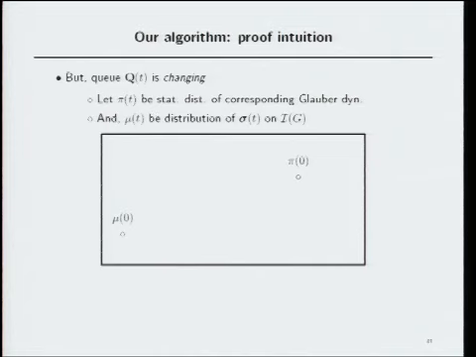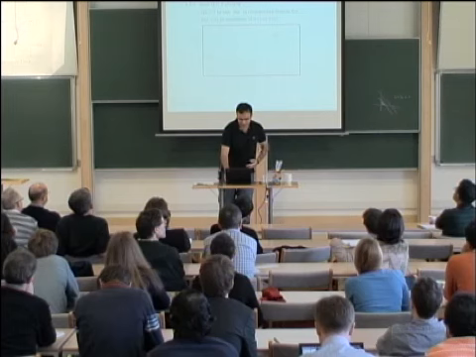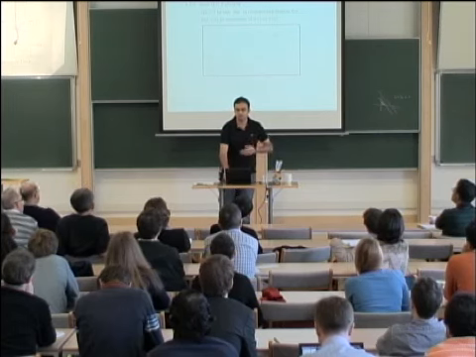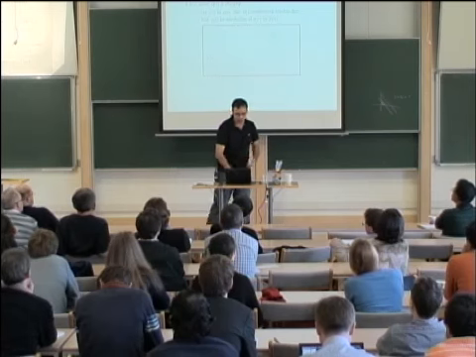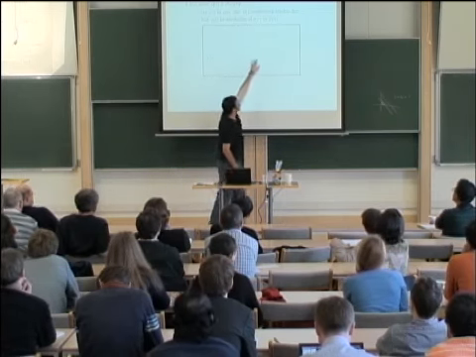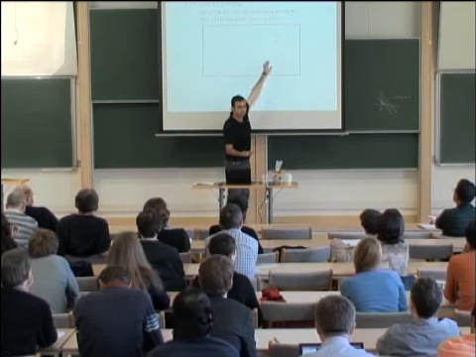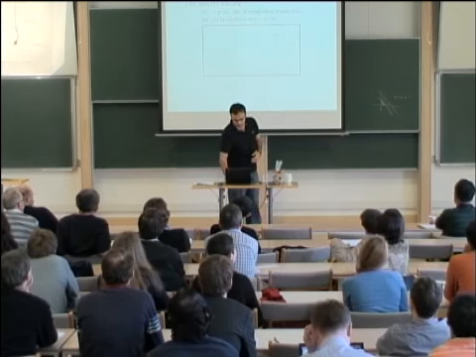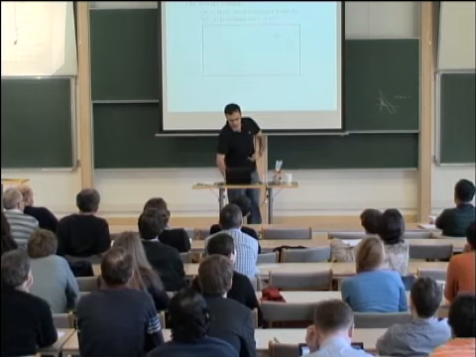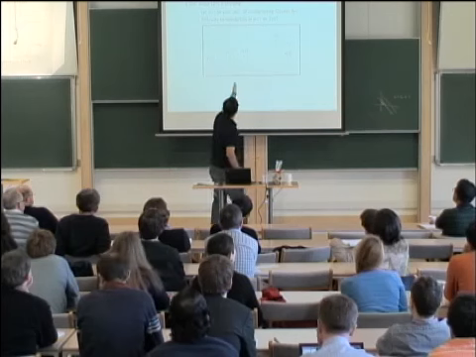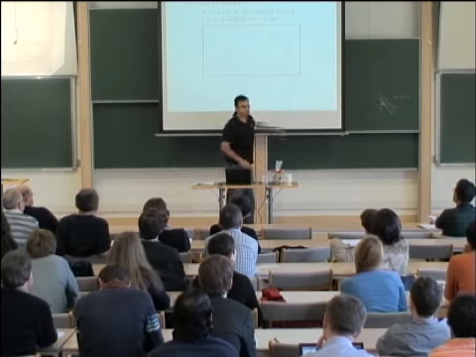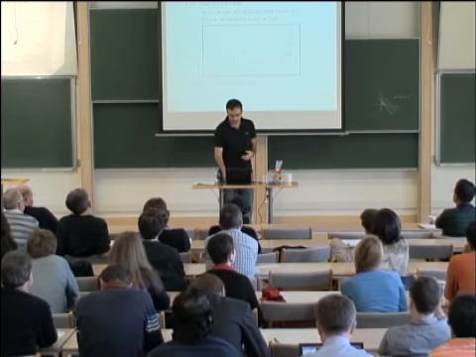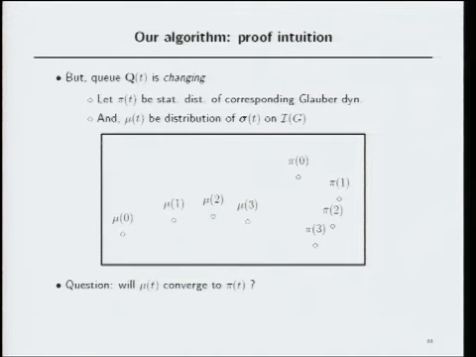Now let's say initially we started with some bizarre state, and that's actually where we want it to be. I'm going to run the algorithm for one step. Since Markov chains are nice, in one step it's going to move towards this pi 0. But now q's changed, so pi 0 moves away and becomes pi 1. Then maybe next step you move from mu 1 to mu 2, which is closer to pi 1, but then pi 2 goes away. So now the whole question is: are you going to get close to pi t or not?